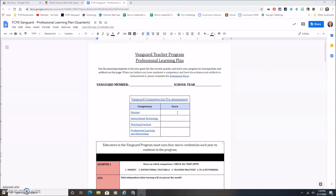Now, Amy and I are not going to be reviewing your scores. This is a self-assessment. It is designed for you to be able to assess kind of where you're at and just really to get thinking about these competencies. So after you record your scores here in the chart,